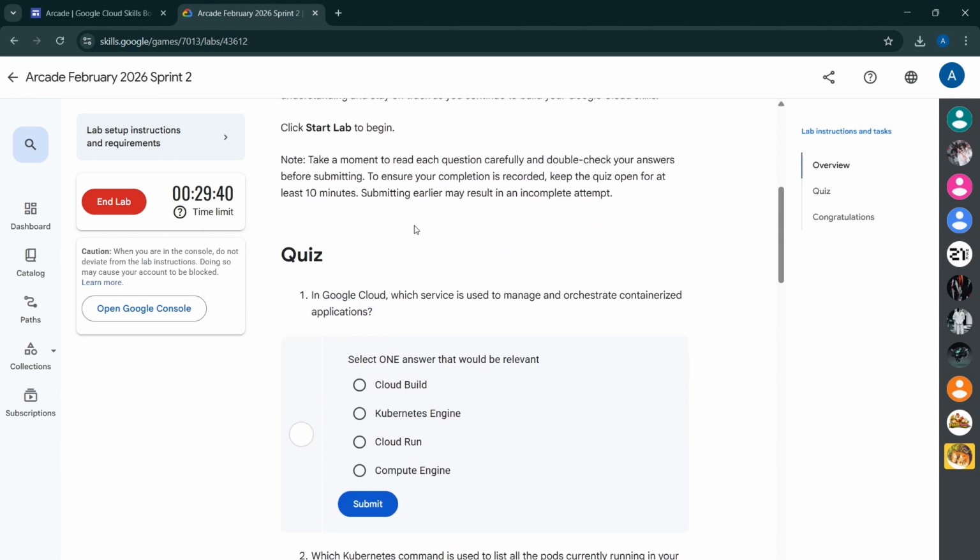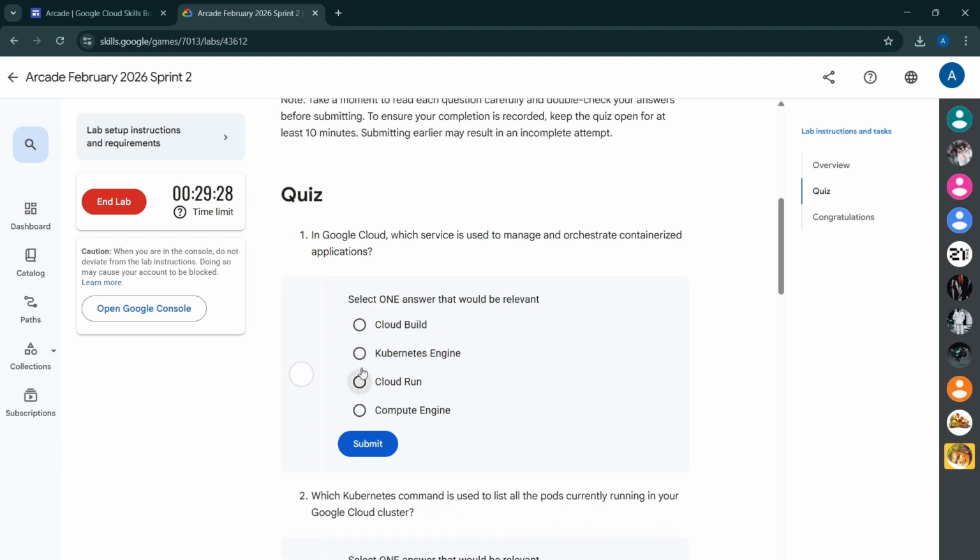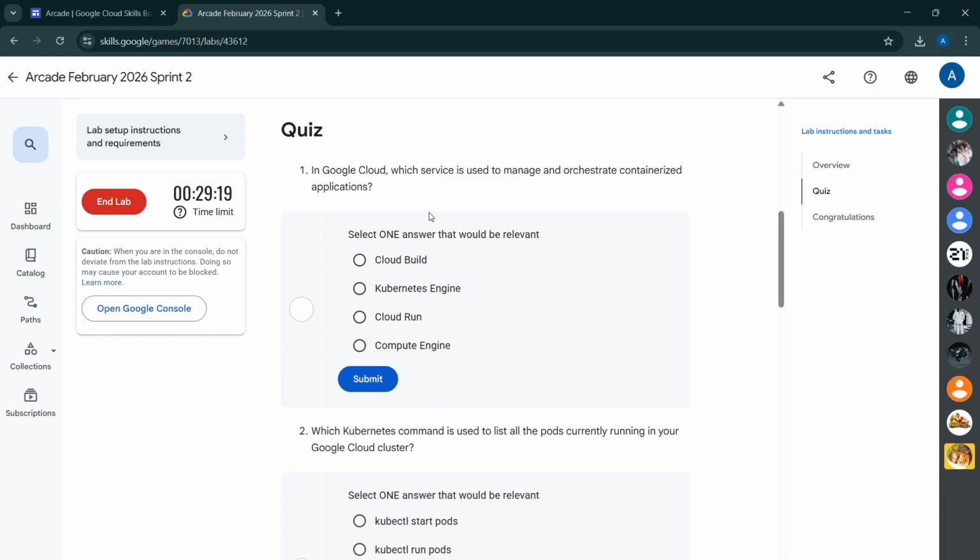However, to utilize the time we will be doing this quiz, it does not matter if the quiz answer gets wrong. You will be awarded the points after 10 minutes regardless of it. सो ज़रूरी नहीं है, अगर आपका क्विज गलत भी हो जाता है या क्विज नहीं भी अटेम्प्ट करते हो, तब भी 10 मिनट्स बाद एंड करने से आपको पूरे पॉइंट्स मिल जाएंगे। सो शुरू करते हैं क्विज को।